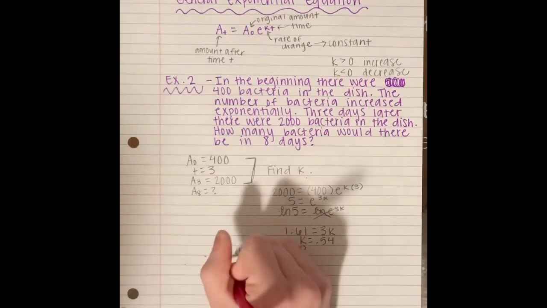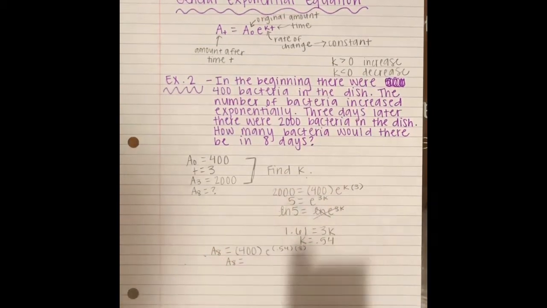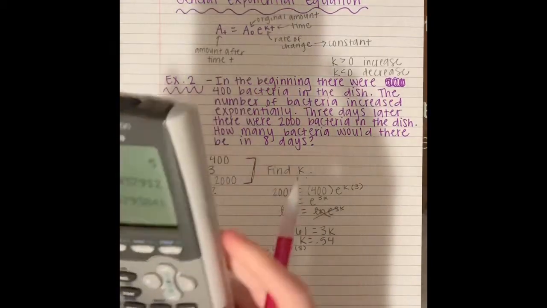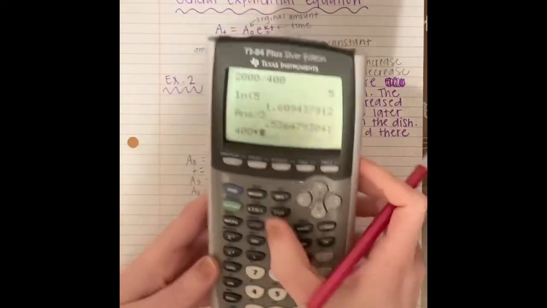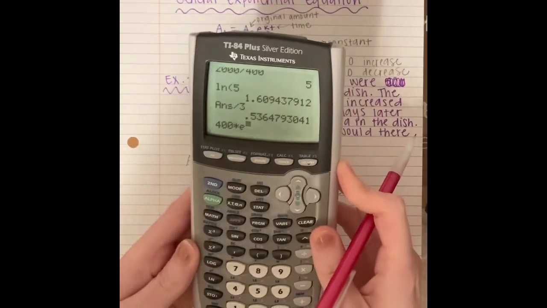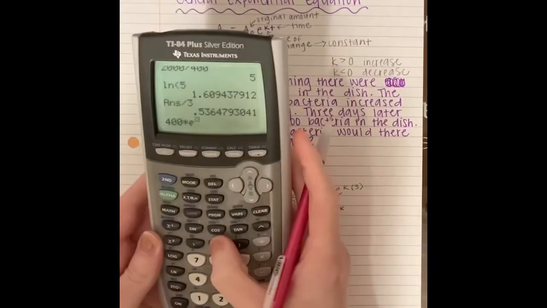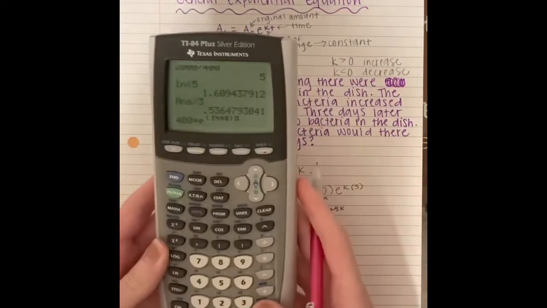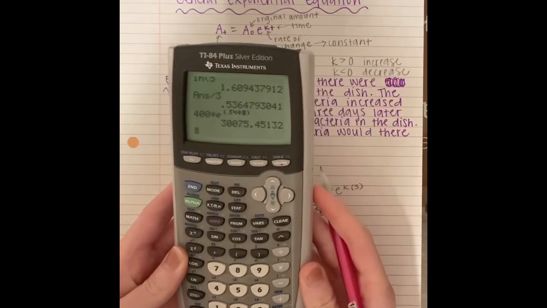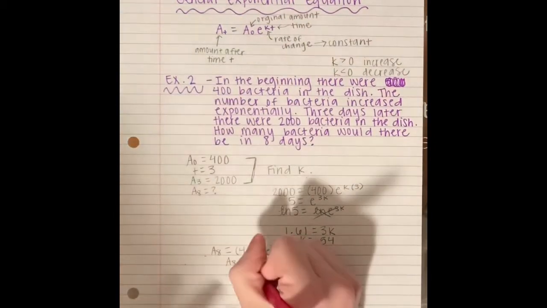I can just plug that into my calculator and get an answer for A sub 8. So I'll do 400 times e to the power, which is right above ln. Use second e to the 0.54 times 8. And you should get 30,075.5